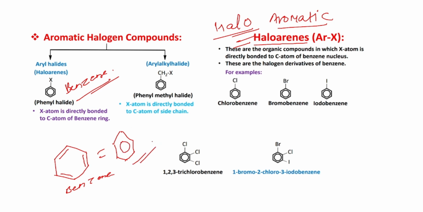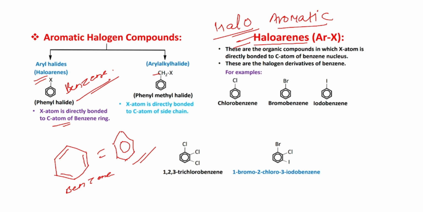So this is benzene. So aromatic halogen compounds लाई दुईटा पार्टमा डिभाइड गरिएको छ. One is aryl halides simply known as haloarenes, and the next one is aryl alkyl halide. Benzene ringमा one methyl halide is attached. So in this, the X atom is directly bonded to the carbon atom of benzene ring. So benzene ring सँग directly कुनै पनि X, that means halogen attached छ भने that is known as aryl halides,